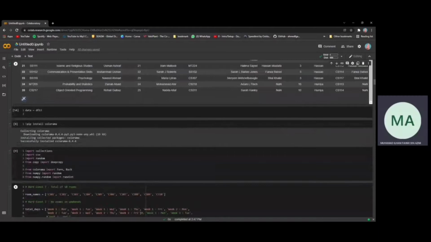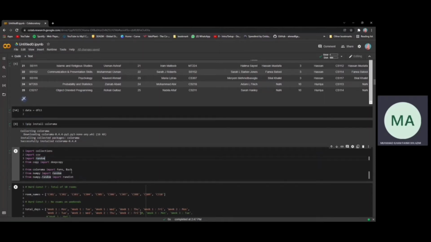And then we install Colorama with pip install Colorama. Colorama provides a simple cross-platform API to print colored terminal text from Python applications. So this is not really important for this code, but we use it to make the output look great and easier to understand. And we also import random here because we will use it for the random population and also the random max